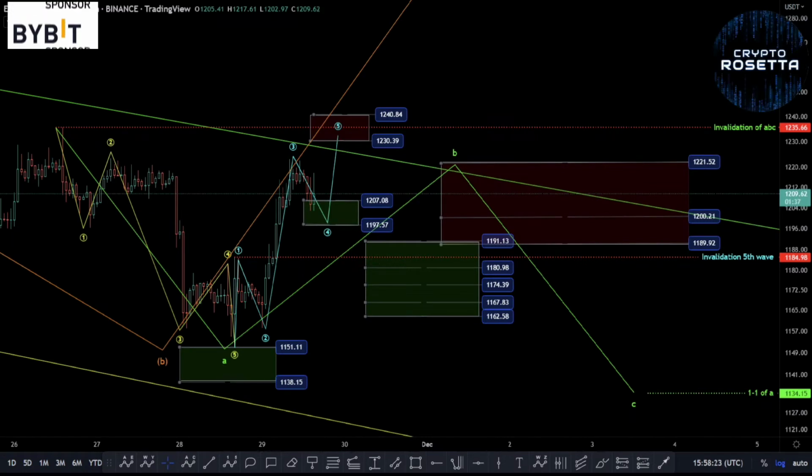Welcome everybody. My name is Savage, and today we're going to be having a look at Ethereum against its USDT